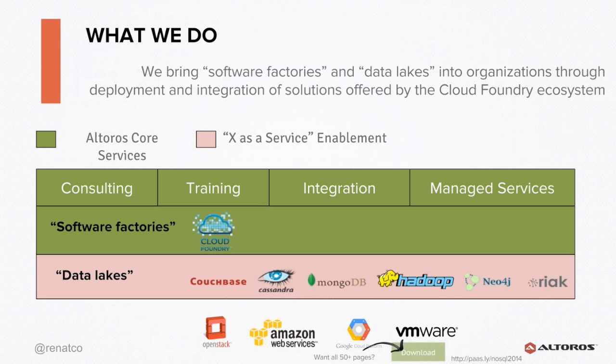So the work that we do for those customers, we do 2 things. We bring the software factories. Think of an assembly line or the tool belt for making applications based on Cloud Foundry and the solutions offered by the members of the Cloud Foundry ecosystem, about 35 companies ranging from HP, EMC to small ones like Docker. And